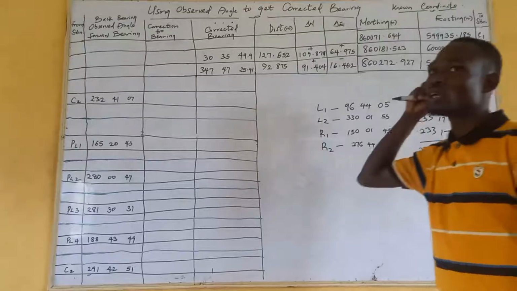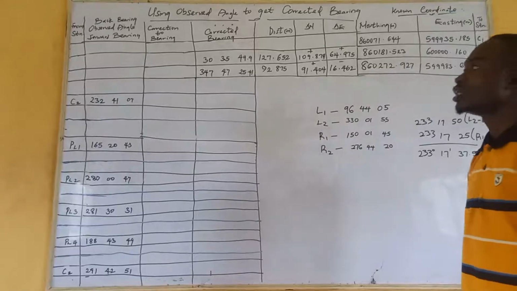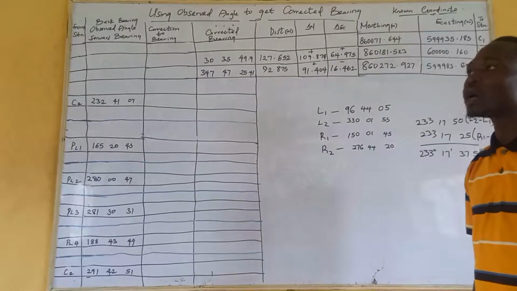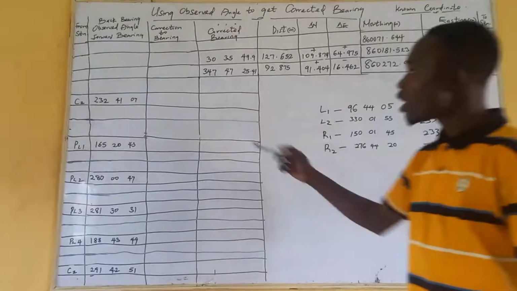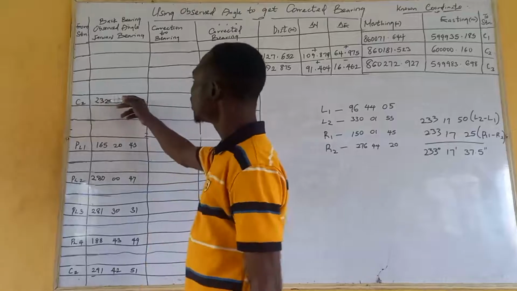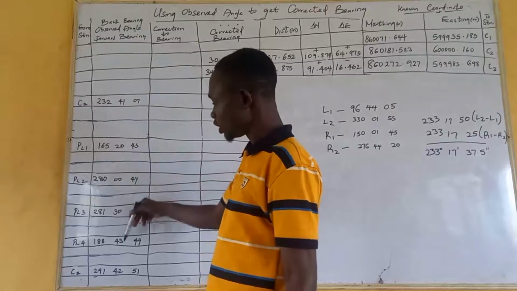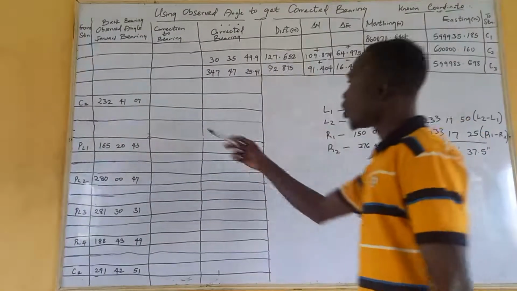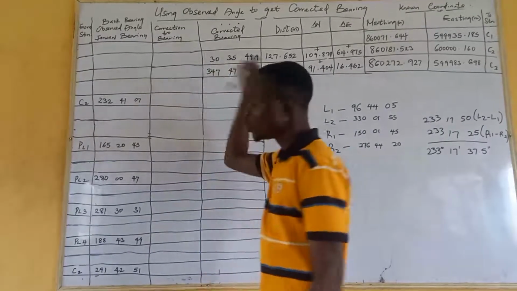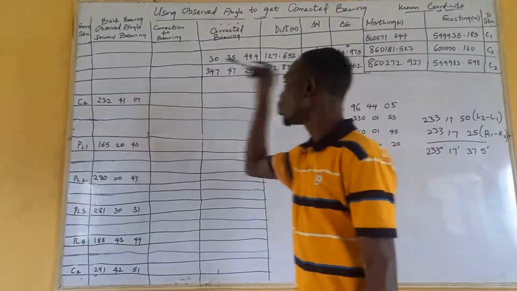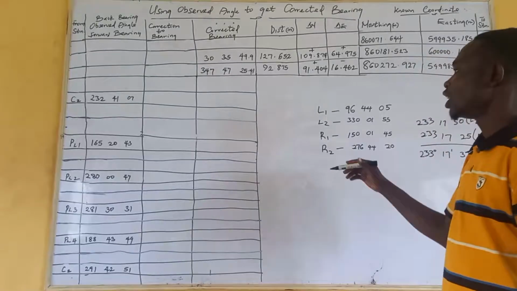The first thing is that when carrying out an observation using theodolites, you have to take angular observation on site and then you take your distance. Now, what you have on the board here are observed angles. These are my observed angles for each station. In order for you to obtain observed angle, you have to take your observation on site,